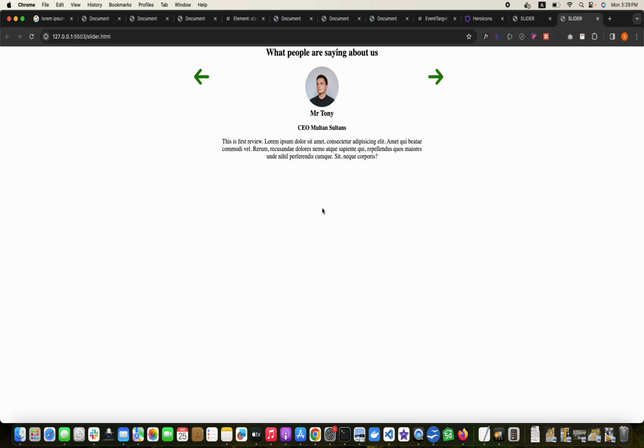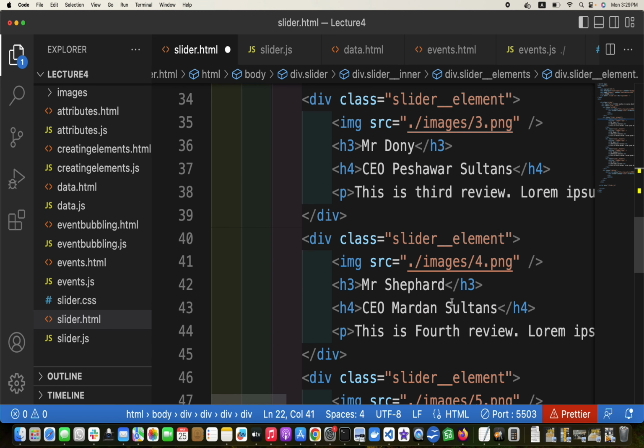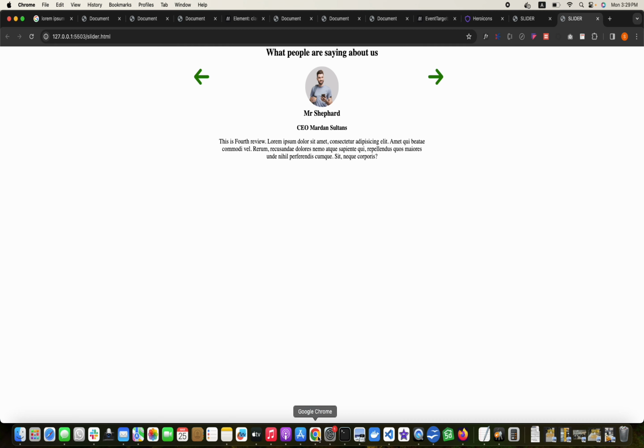If we give it to any element, for example, if I give it to some centered element, this one, so another element will be visible, this one. So it now only comes down to giving the active class to elements. Okay,